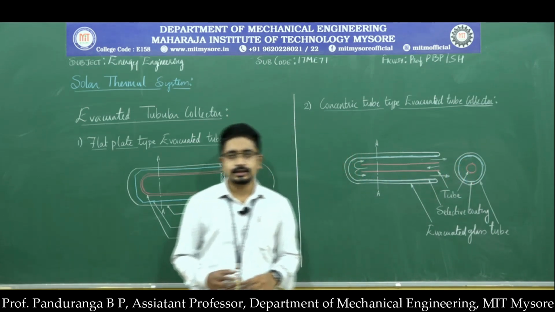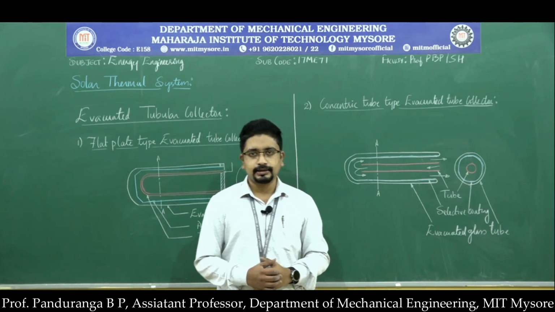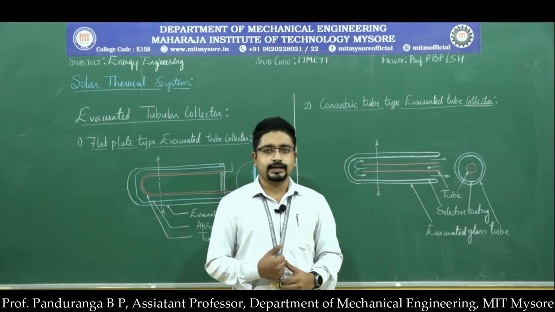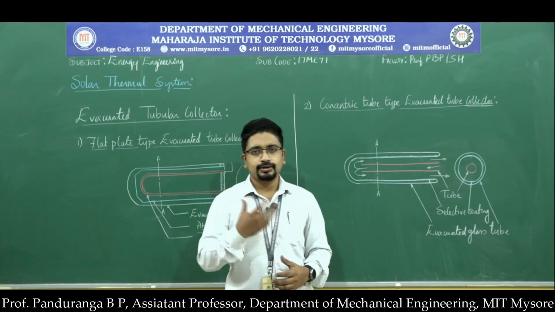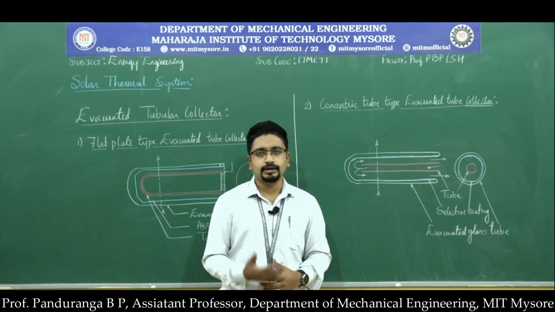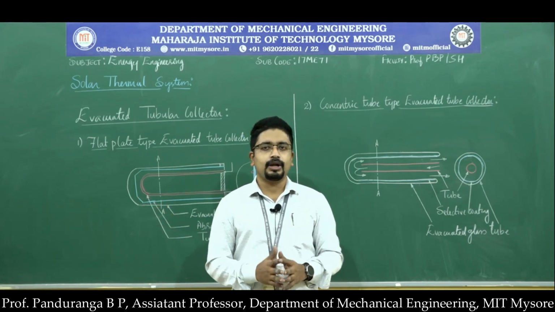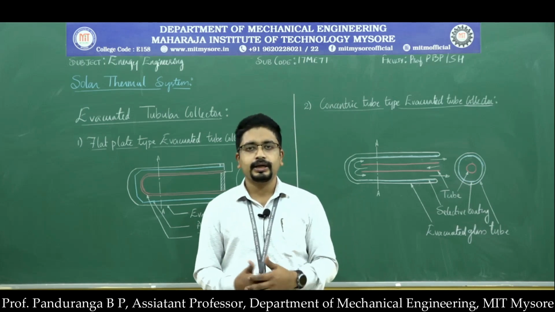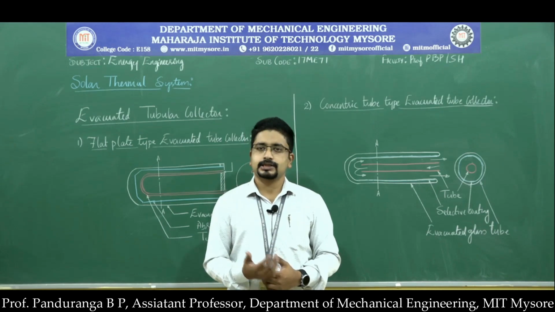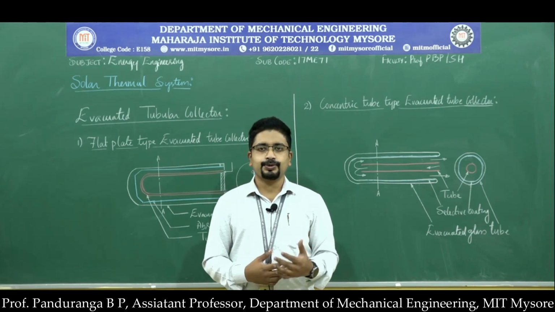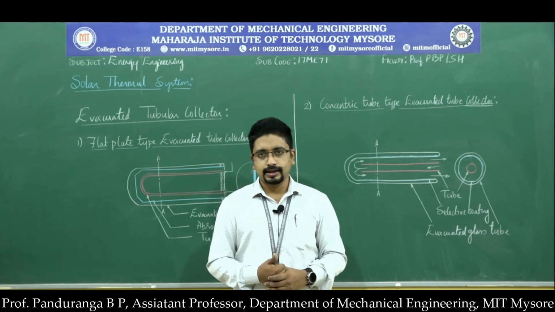So the major advantage here is we are reducing a maximum amount of losses which occurs in the flat plate collector, and thereby we are increasing the collection efficiency, and this requires a smaller amount of energy to heat the water or the other working fluids. So these collectors are applicable only for heating water or for heating purposes. So here we cannot produce steam which is required for cooking. So if you want to produce steam, then you have to go for the concentrated solar collectors.